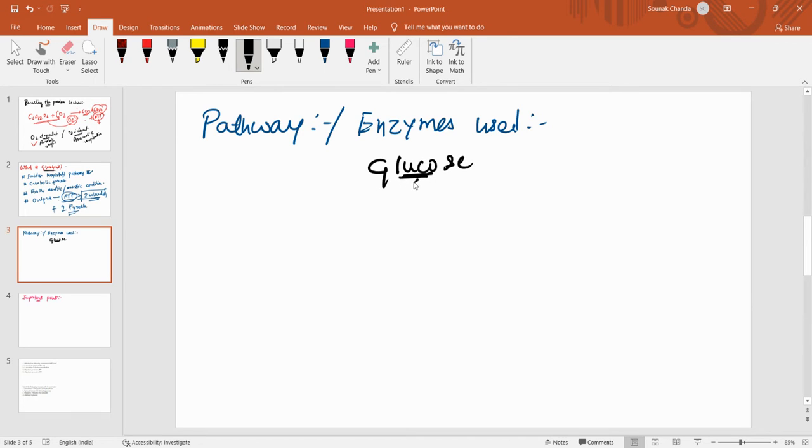This glucose is being broken down. The first step is glucose to glucose 6 phosphate. Glucose is converted to glucose 6 phosphate under the action of the enzyme hexokinase. So the first step is glucose to glucose 6 phosphate under the action of this hexokinase, and we all